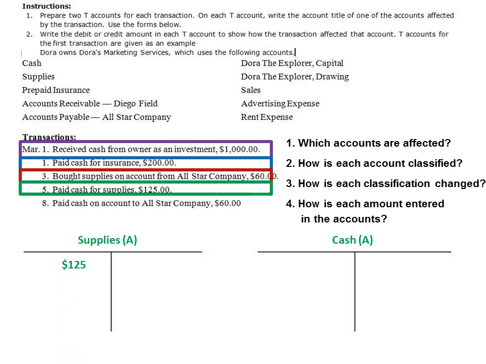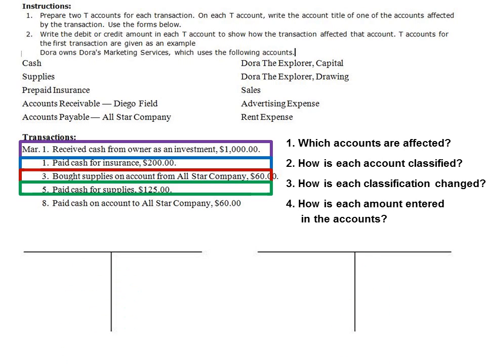And the reason it's a debit entry is because supplies are an asset account. They're on the left-hand side of the accounting equation. Any asset is going to have a normal balance of a debit, or in other words, any asset will show an increase in that account with a debit entry. Cash is also an asset account. Now, do I have more or less cash? Actually, I have less cash. So, if debit is the increase side for an asset account, credit has to be the decrease side,